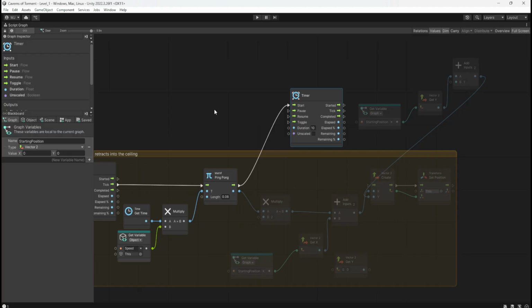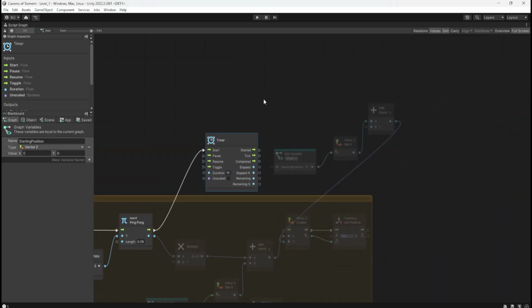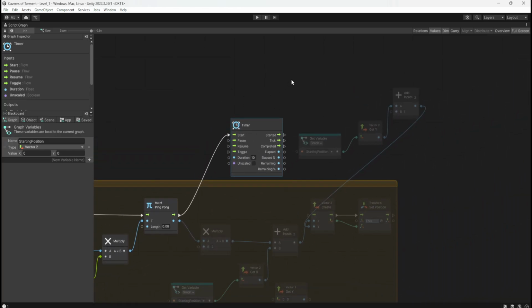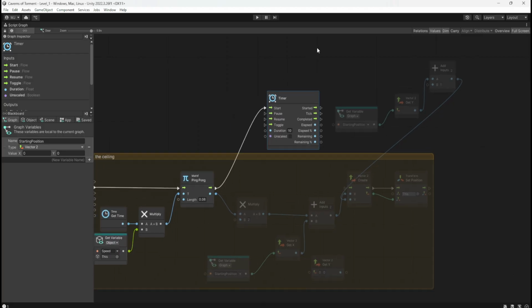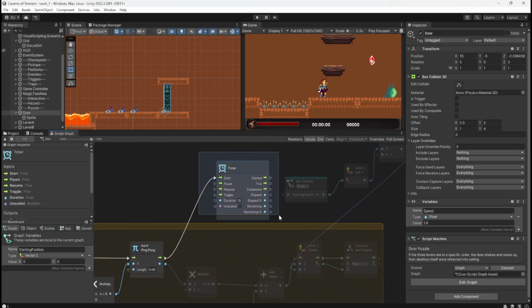But tonight it's nearly 11:30, so I just wanted to get this door puzzle coded. I'm not far off of being complete with it, and then I'm gonna call it because I've got university tomorrow. Essentially, at the moment, I have the 3 levers, and I've got the door vibrating, but I was trying to get it so that the